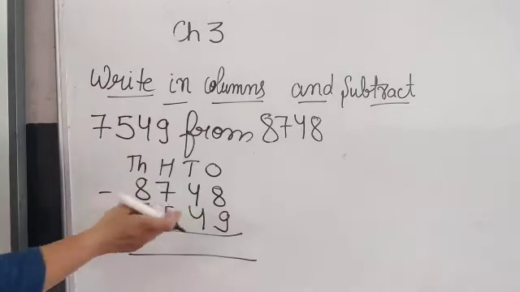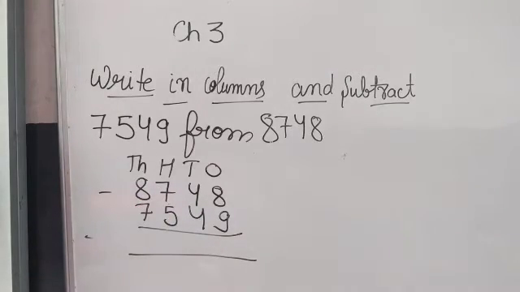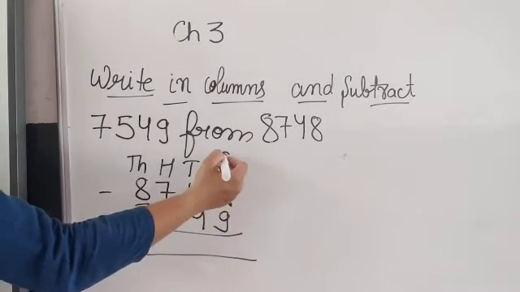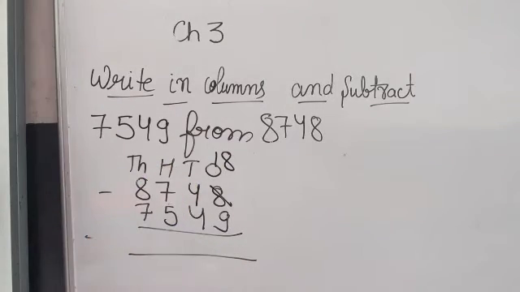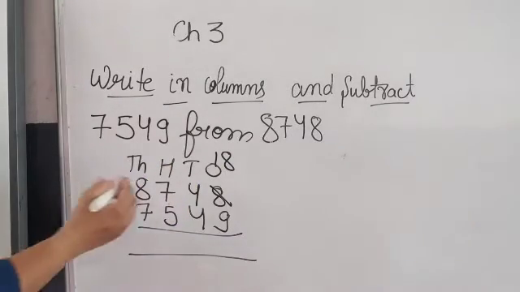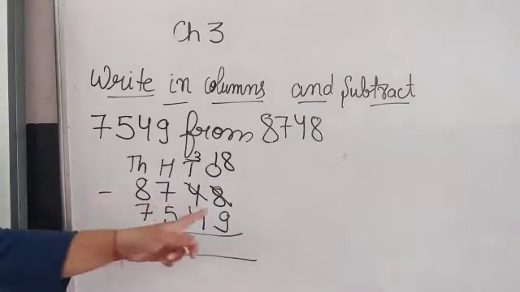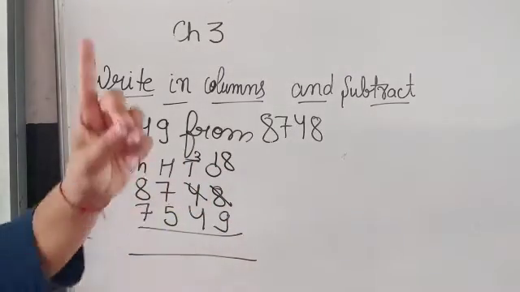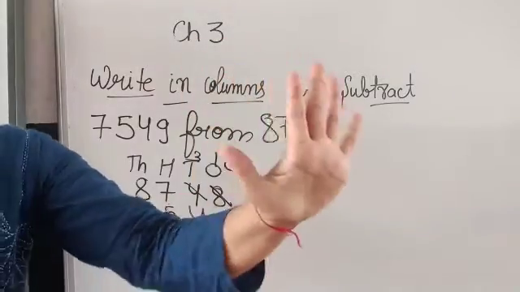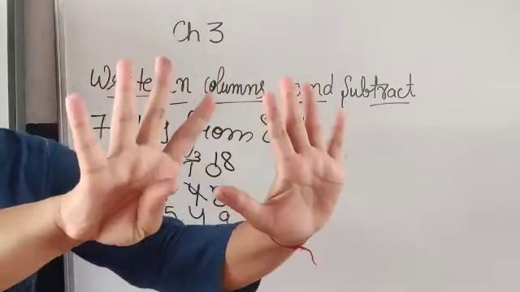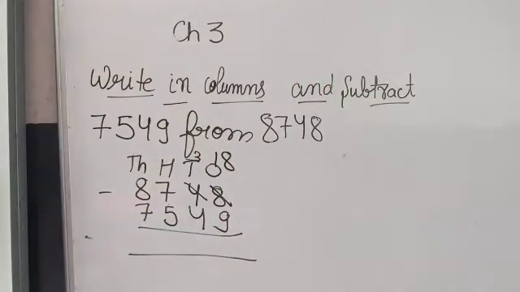Now, is it possible to subtract 9 from the 8? No. So it will take one borrow and become 18. 18 minus 9, and here 3 is left. So we have 10 fingers, so we have to reach up to 18. 10, 11, 12, 13, 14, 15, 16, 17, 18. It's 9.